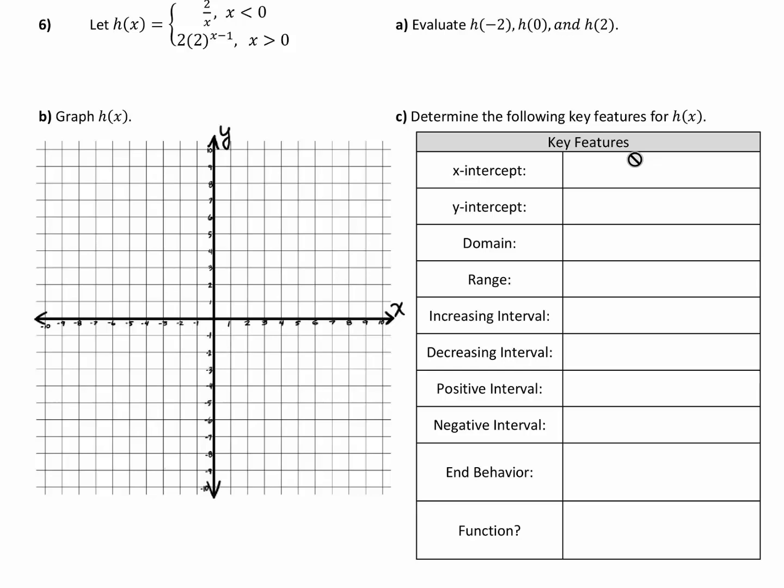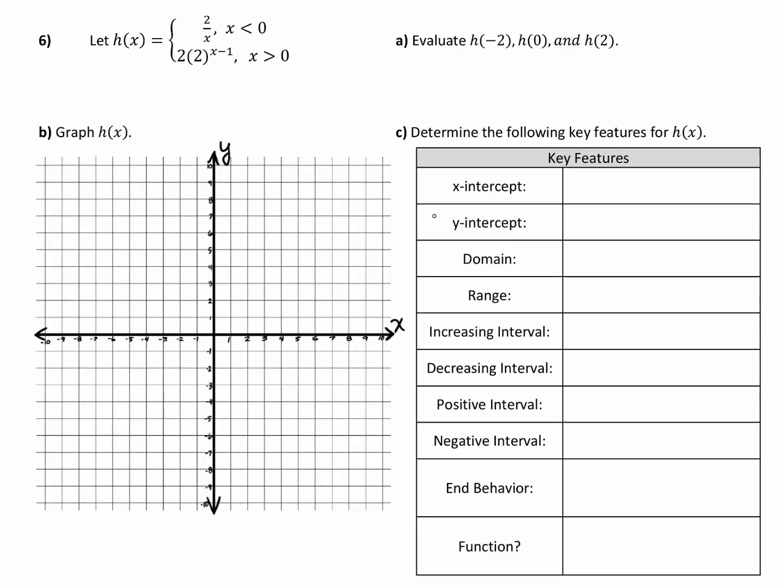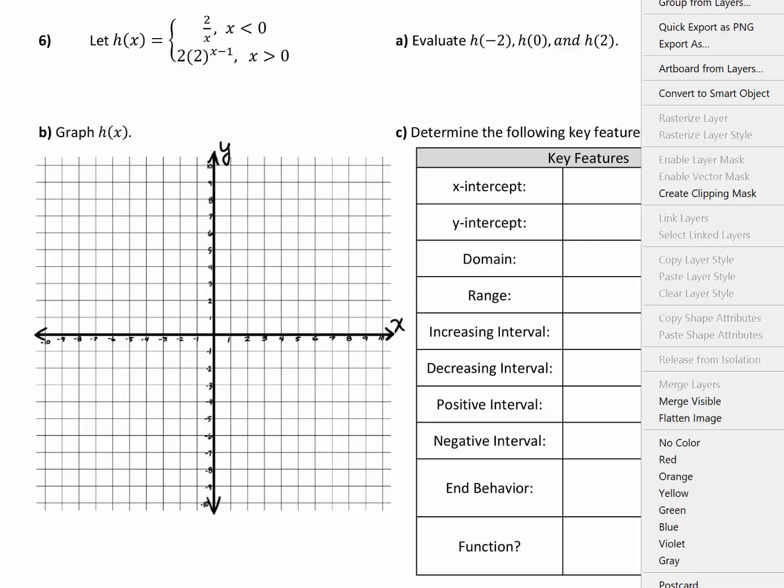Okay, traveling to the last question. This gets us a couple different shapes and some pretty good practice. All right, this is h of x. So good old Hank here has two equations, but they are some of the trickier equations that you might come across. So the first equation, if we look here, is a rational